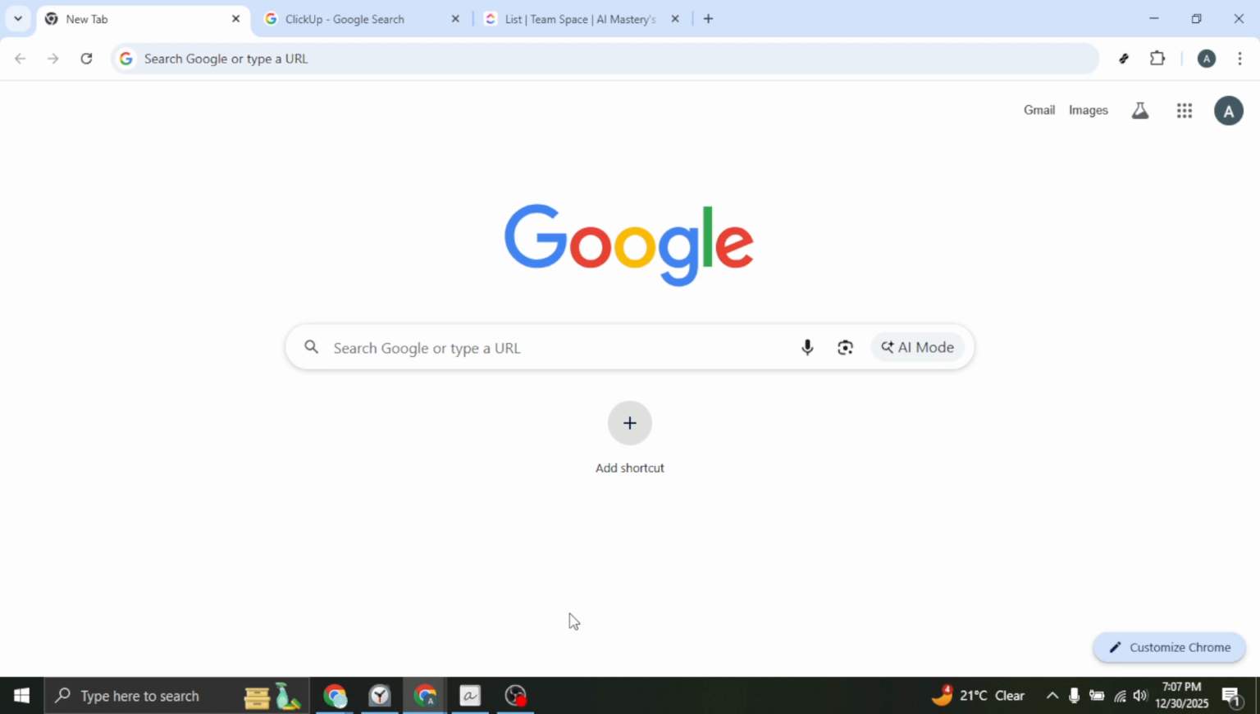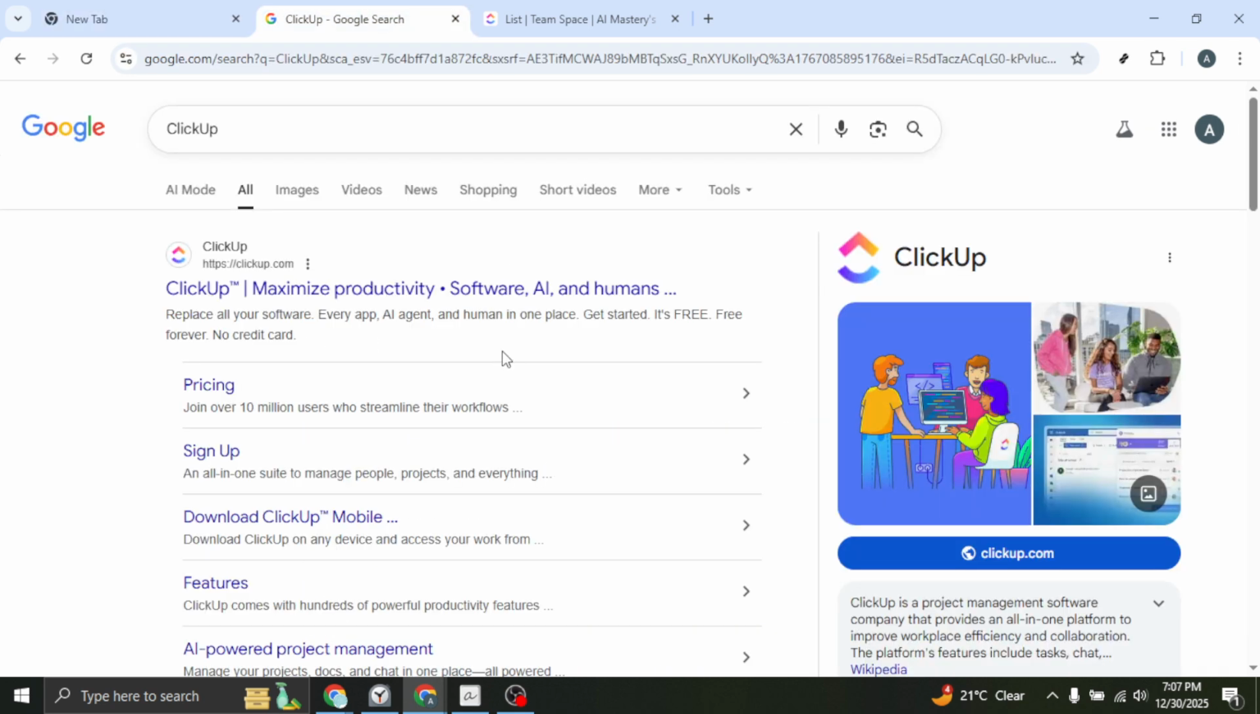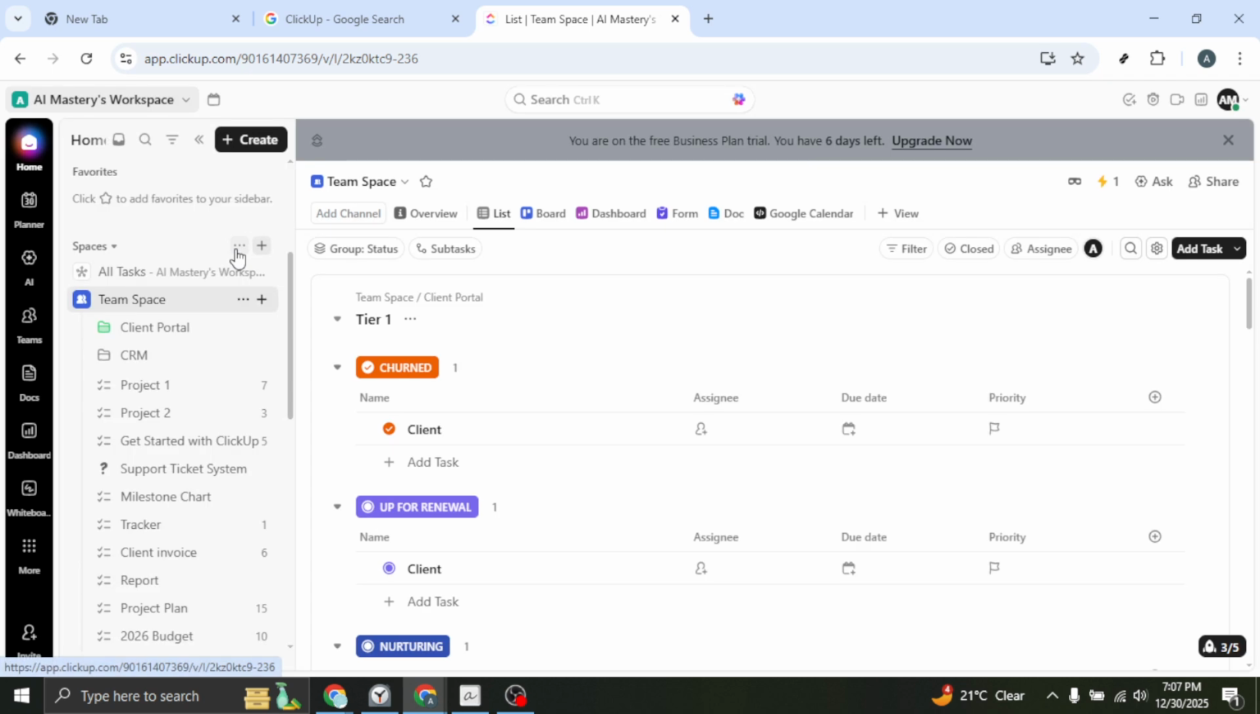Start by opening your browser and heading to Google. In the search bar, type ClickUp. From the results, click the official ClickUp website and sign in to your workspace if prompted. Once you're in, navigate to a specific list where you're tracking related tasks. This is the place where dependencies will be most helpful, because you'll see how tasks affect one another directly in